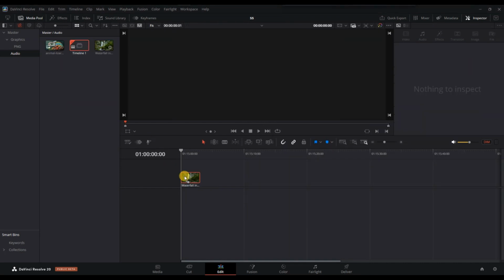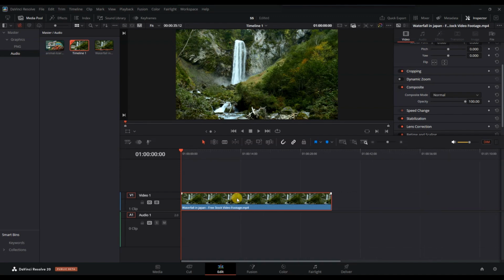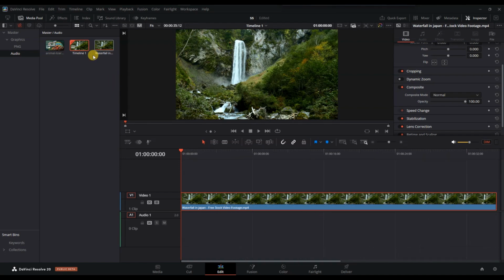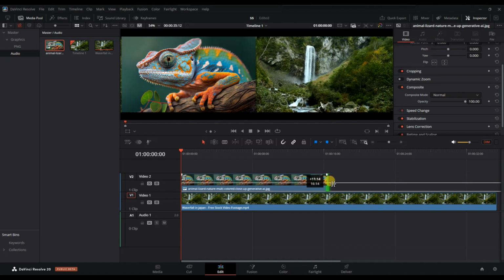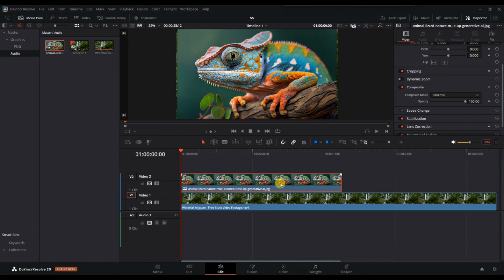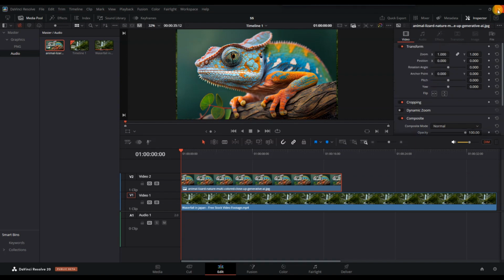Next, drag your main video onto the timeline on video track 1. Then drag the image file onto video track 2, placing it above the video clip where you want the overlay to appear. Now, select the image clip on the timeline and go to the inspector panel on the right side